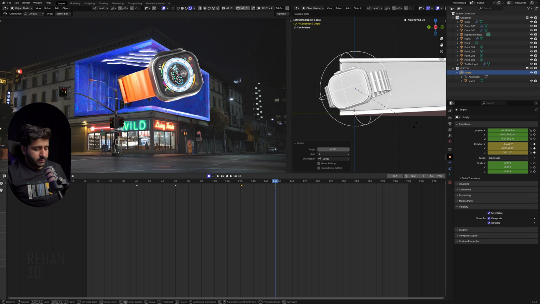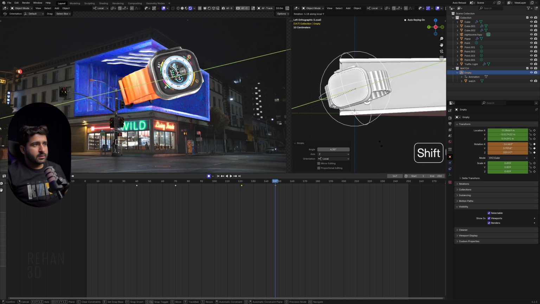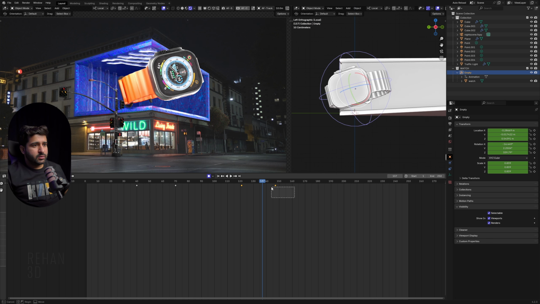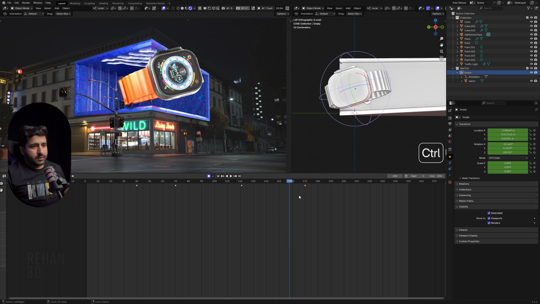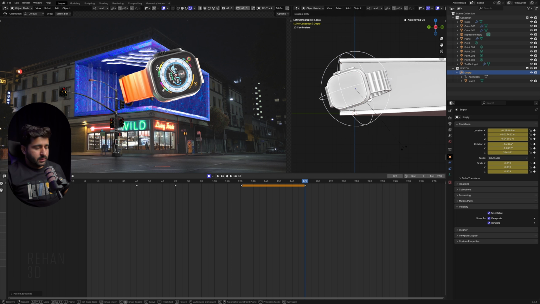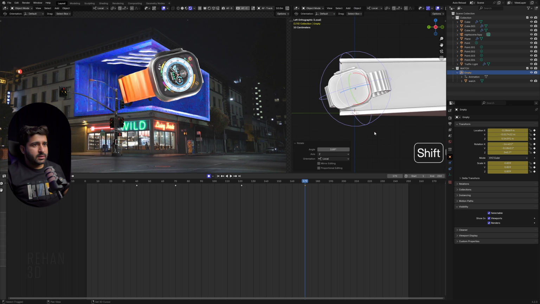Okay, and I will again return on the y-axis also, so it will come here and move smoothly like this. I think this is not looking good. I'll simply copy this, paste this, and I will rotate only on the z-axis like this.